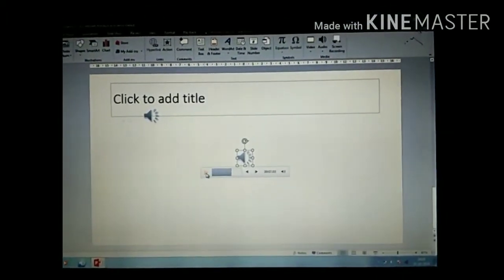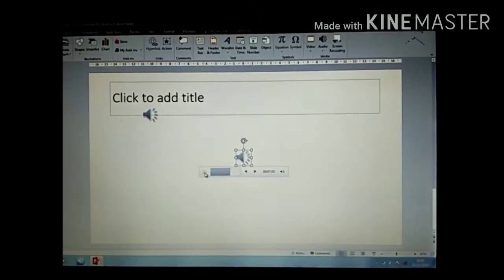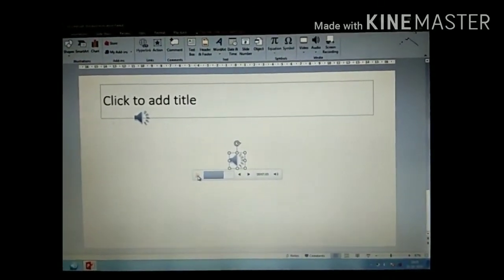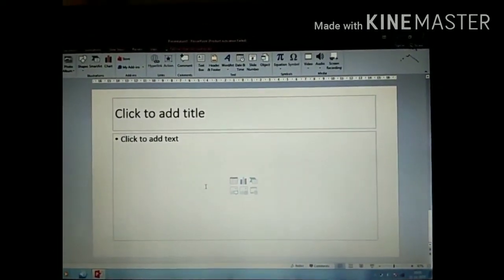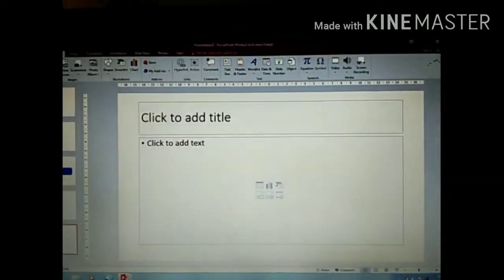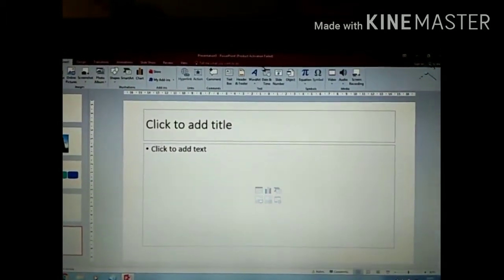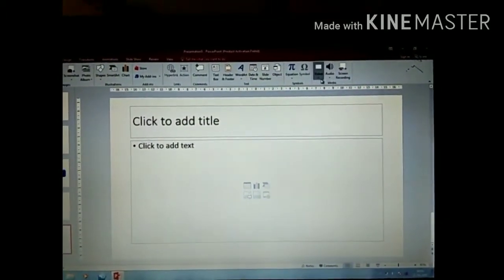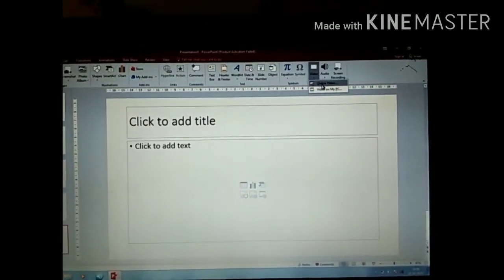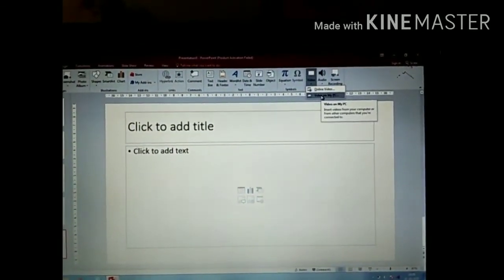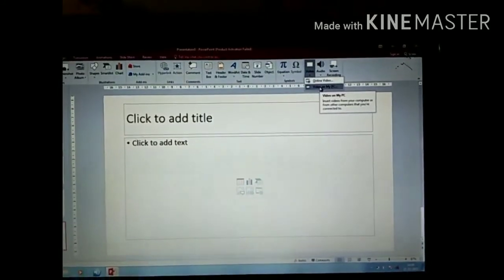Now after this, our next practical is how to insert a video. For that I am inserting a new slide. The video option is available on the insert tab. In the media group, click on the video option, and here the first option is video on my PC. You have to select that option.